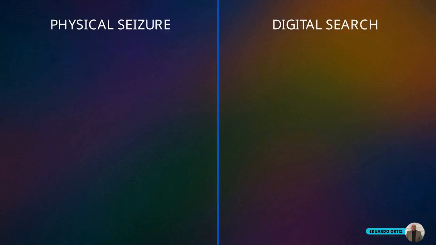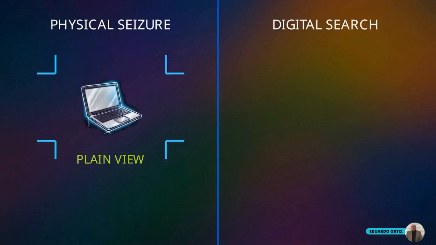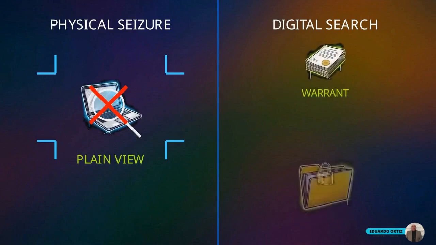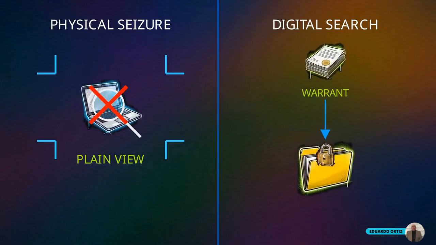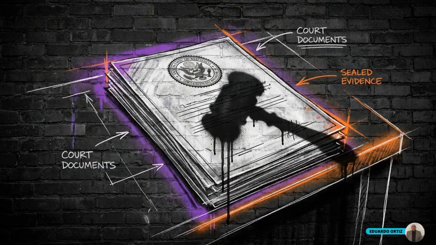Beyond technical fragility, there is a legal trap. The plain view exception allows an officer to physically seize a piece of hardware that is clearly involved in a crime. It does not give you the authority to look through it. To legally examine the data inside, you must secure a highly specific search warrant or explicitly written consent that clearly outlines a future forensic examination. Confusing physical access with search authority violates the Fourth Amendment. When investigators make this error, judges suppress the data, wiping critical evidence from the trial.